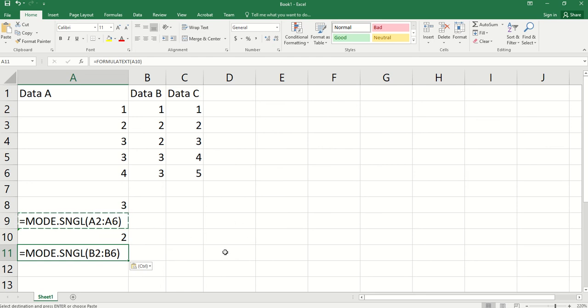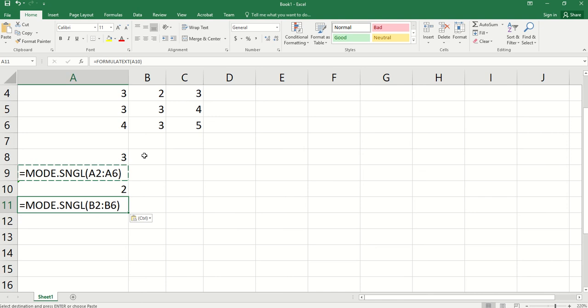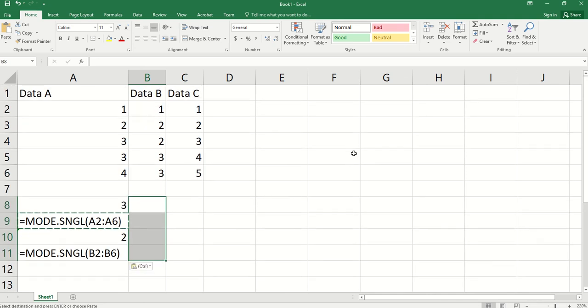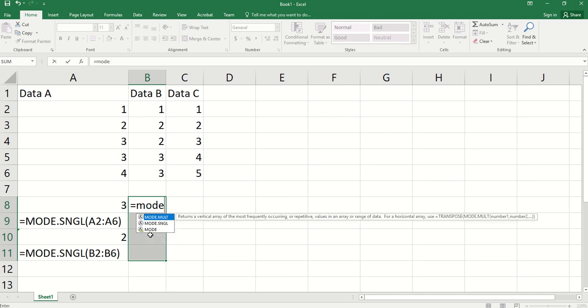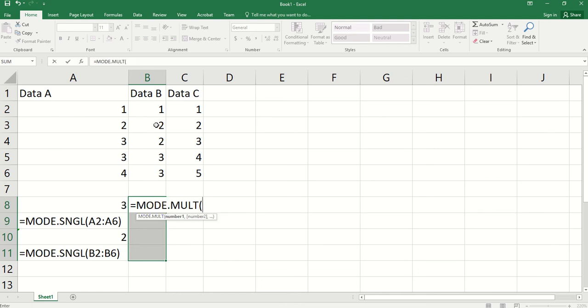So here, let's select these 4 cells altogether. Then directly type equal, MODE.MULT, and select